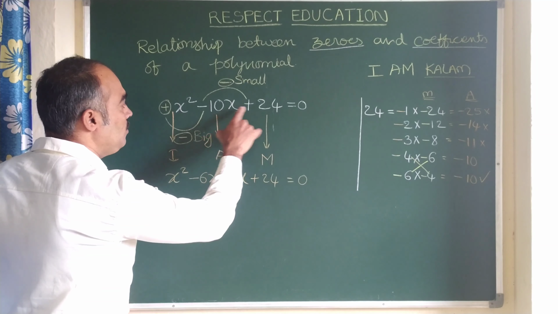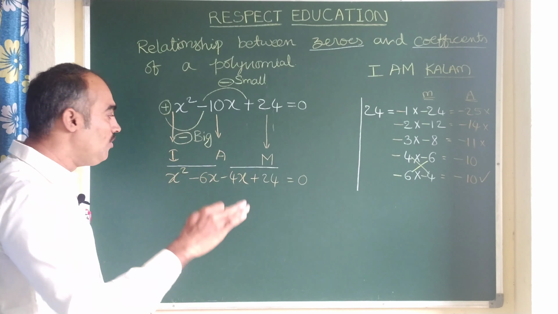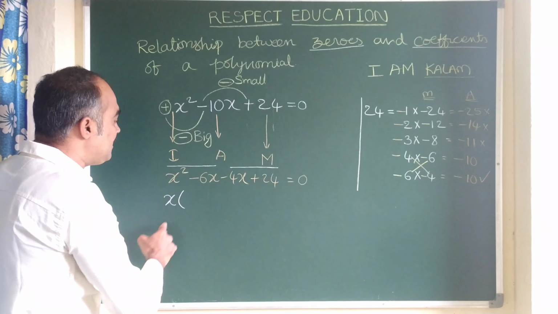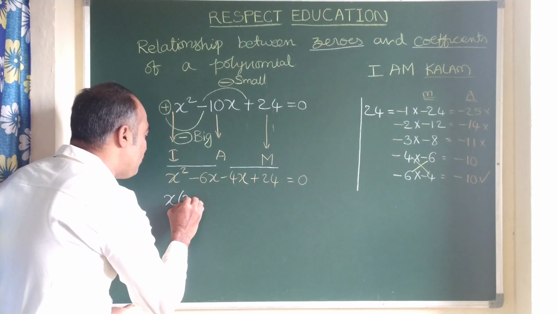So here I am taking, children, in the first 2 what is common? In the same way, in the second 2 what is common? Now 3 became 4. So we can split as first 2, last 2. In the first 2 what is common? x square means x into x, minus 6 into x. So here x is common. I am taking x as common. Now in the first two, what is left here? x square is x into x. I have taken one x common. So one more x is left.